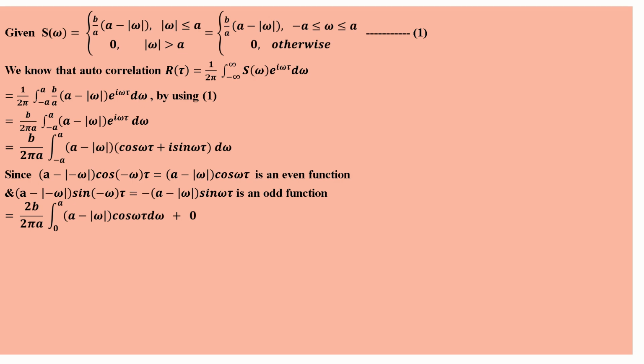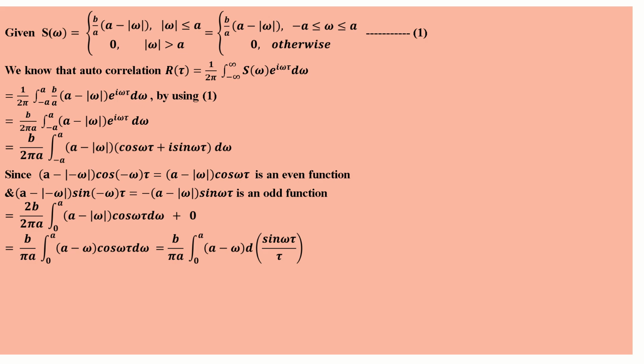So you will get, integral minus a to plus a (a minus mod omega) cos omega tau d omega becomes 2 times integral 0 to a (a minus mod omega) cos omega tau d omega, right? Plus the second integrand is an odd function, so by the properties of definite integral that value is 0. So 2 and 2 cancel. You will get b by pi a integral 0 to a, in the positive range 0 to a, mod omega is nothing but omega, so (a minus omega) cos omega tau d omega, which is equal to b by pi a integral 0 to a